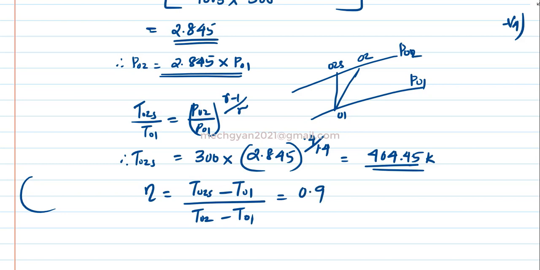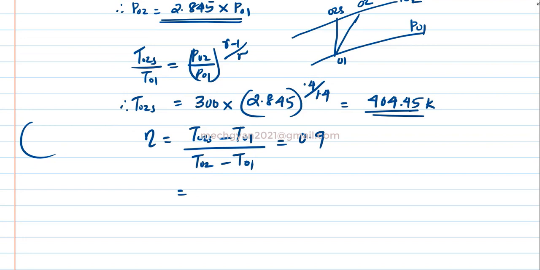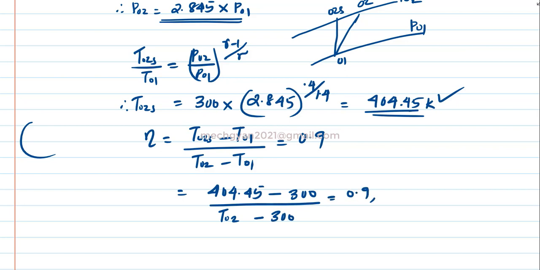Substituting T02s, 404.45 minus T01, which is 300, by T02, which we have to find, minus 300, equal to 0.9. Simplifying, we get T02 equal to